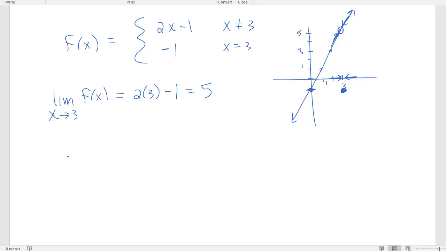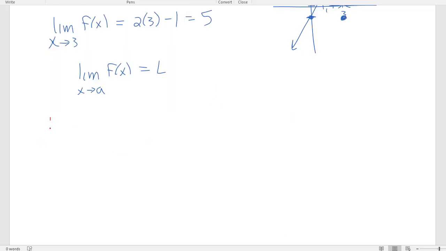Remember symbolically what we typically would write is the limit of any function f of x as x approaches a equals L. So for this particular example, our a value is 3, our L value is 5. That's our limit notation there. So what we want to do in this section is look in an arbitrary manner. We're basically asking how close do I need to get to x equals 3 so that I'm getting close to y equals 5. Let's say we want to ask how close to 3